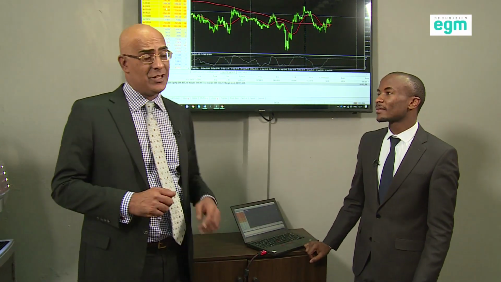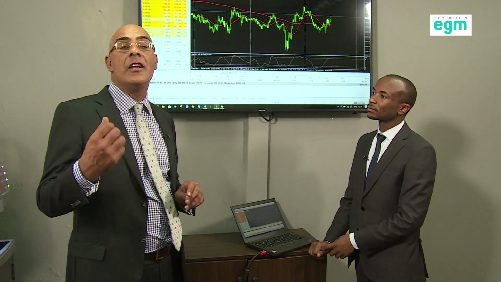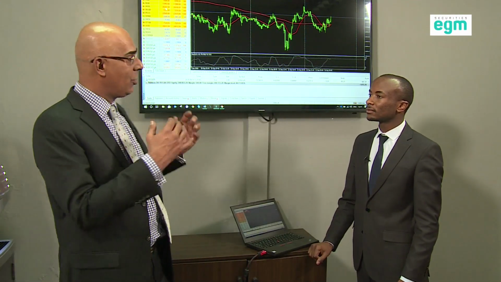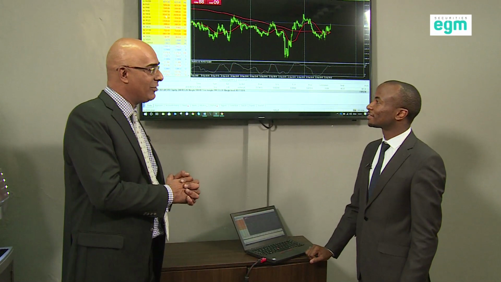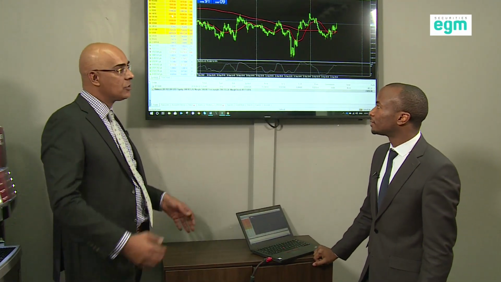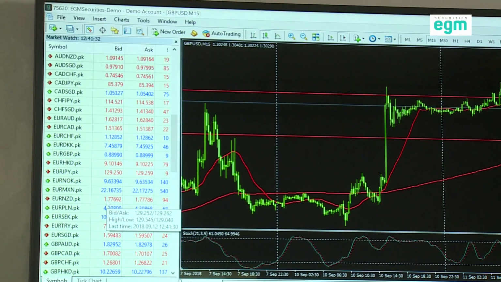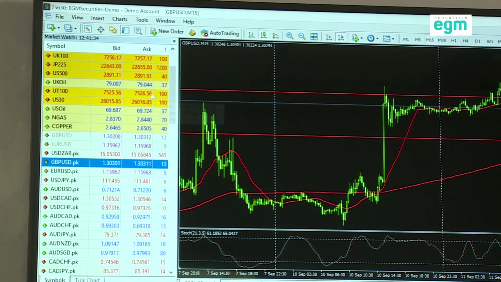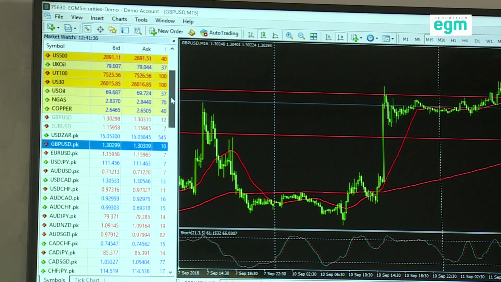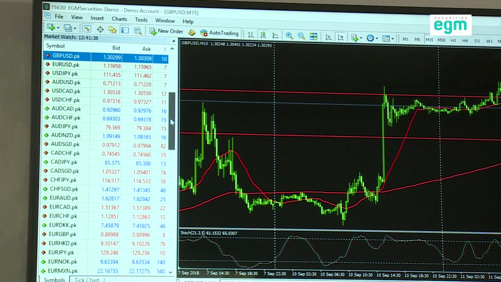Today we were just going to touch on the tradable instruments at EGM. Lawrence is going to tell us all about that. You said there are four categories of asset classes. There are four categories, yeah. What are those four? If you look at the market watch here, this is the market watch, yes. If you scroll to the bottom there, you get to see all the tradable assets, but they're in